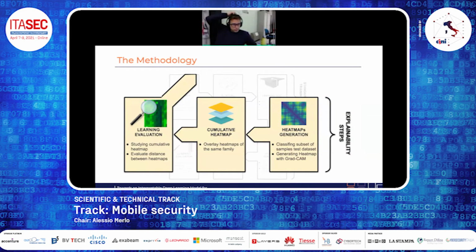What I didn't get, maybe because I lost something, is that you build this heat map from the APK, from the bytecode, from the Smali code? It's actually from the bytecode, directly from the bytecode in this specific paper. We are working on an extension, and we have also worked on Smali code, but in this specific one it is bytecode. It's just the DEX file extracted from the APK.